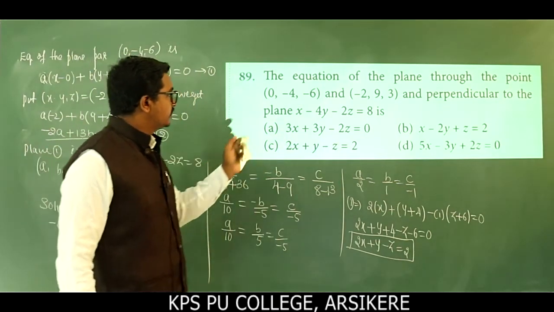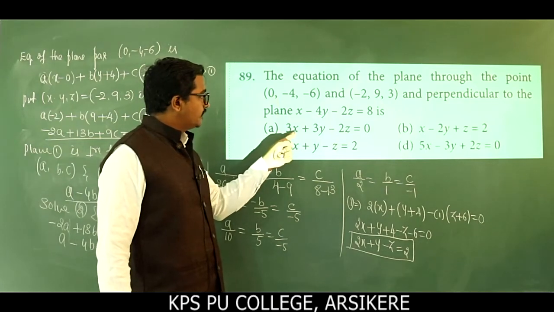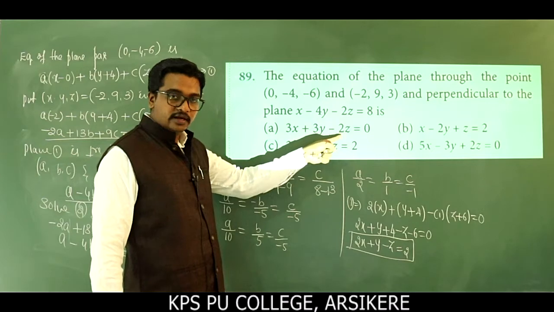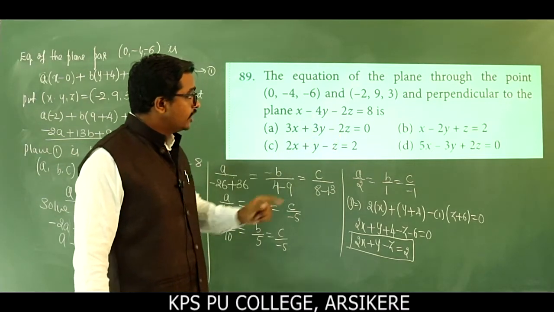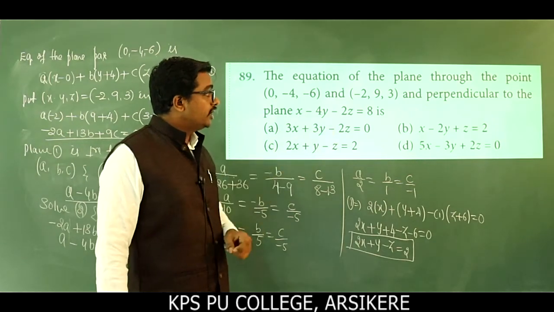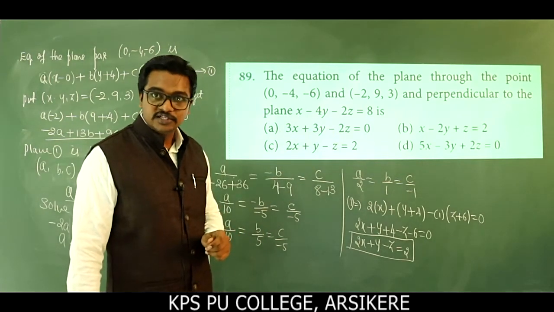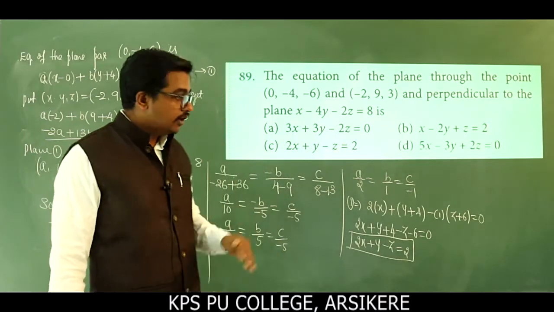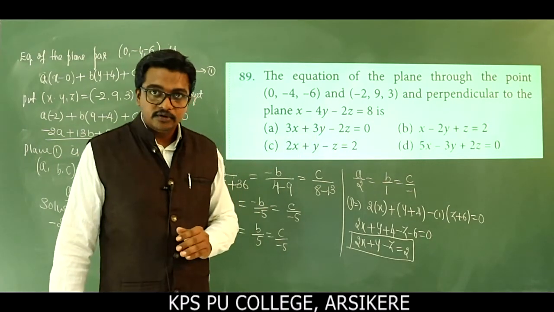So first, check one thing. Here x is 0, so that term becomes 0, and then it will be -12 plus 12, which gets cancelled. This will satisfy option A. But what about the second point? -6 plus 18 minus 6 does not satisfy here. So option A is not the right answer. Similarly, check option B, option C and option D.